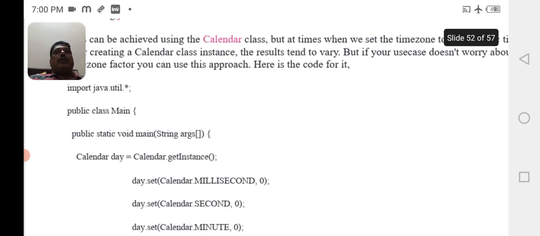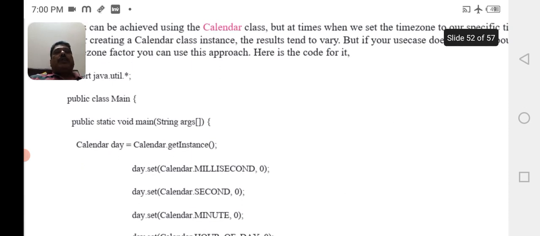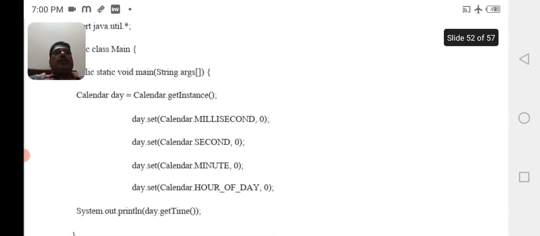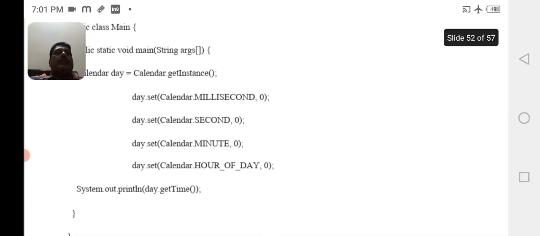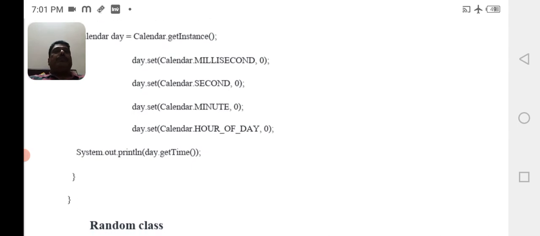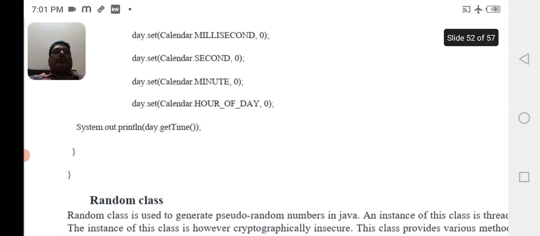import java.util.*; public class Main, public static void main(String[] args), Calendar day = Calendar.getInstance(); day.set(Calendar.MILLISECOND, 0); day.set(Calendar.SECOND, 0); day.set(Calendar.MINUTE, 0); day.set(Calendar.HOUR_OF_DAY, 0); System.out.println(day.getTime());